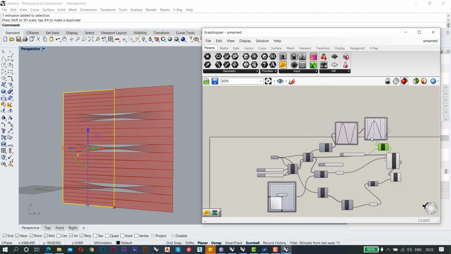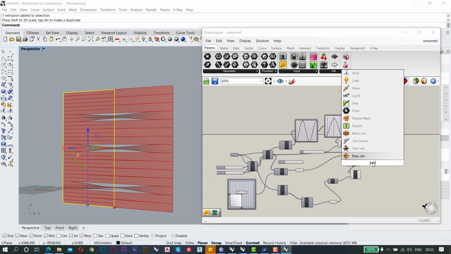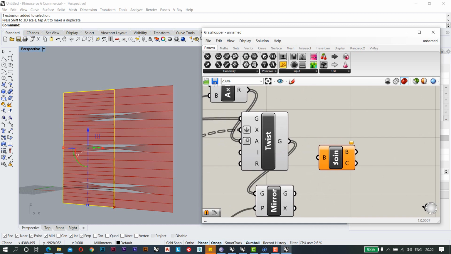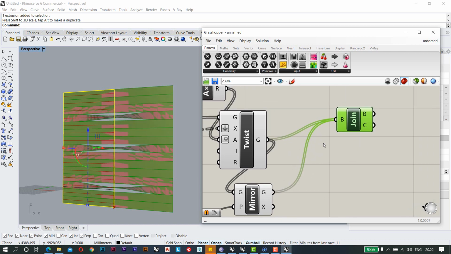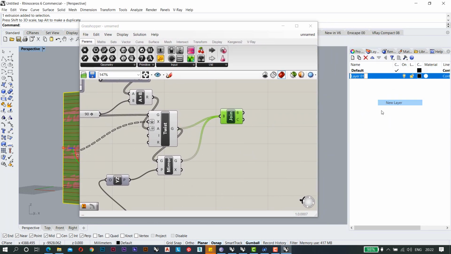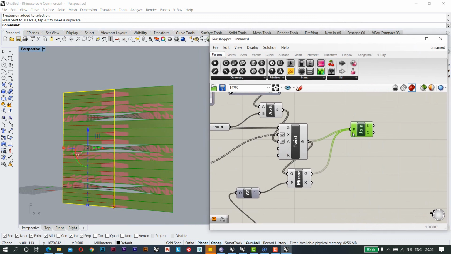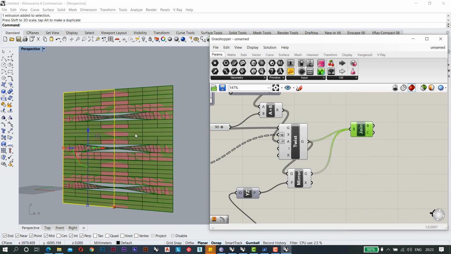So this is it for this surface. Again you can join it by Brep join. So just connect these twisting surfaces and this geometry. It will make it into a single element, and just go to layer and bake it to layer 1.